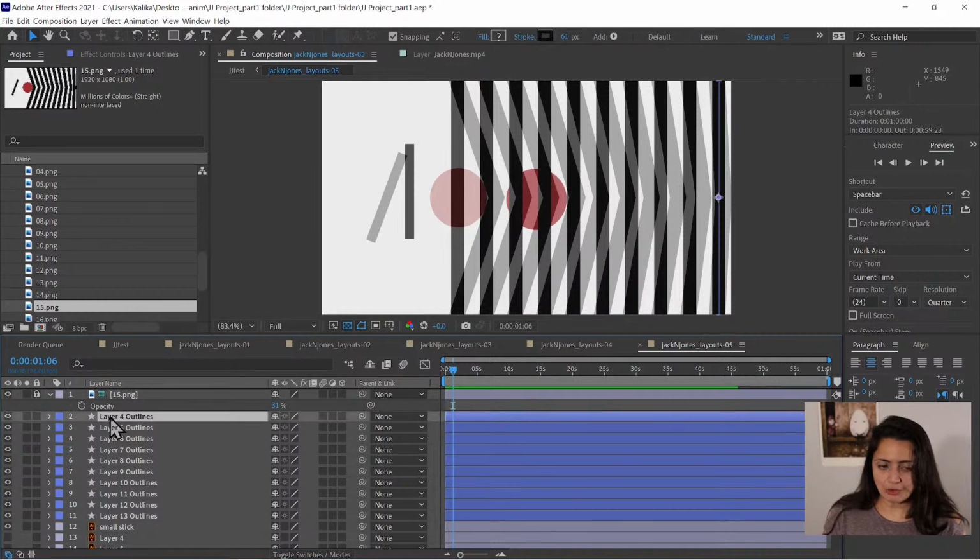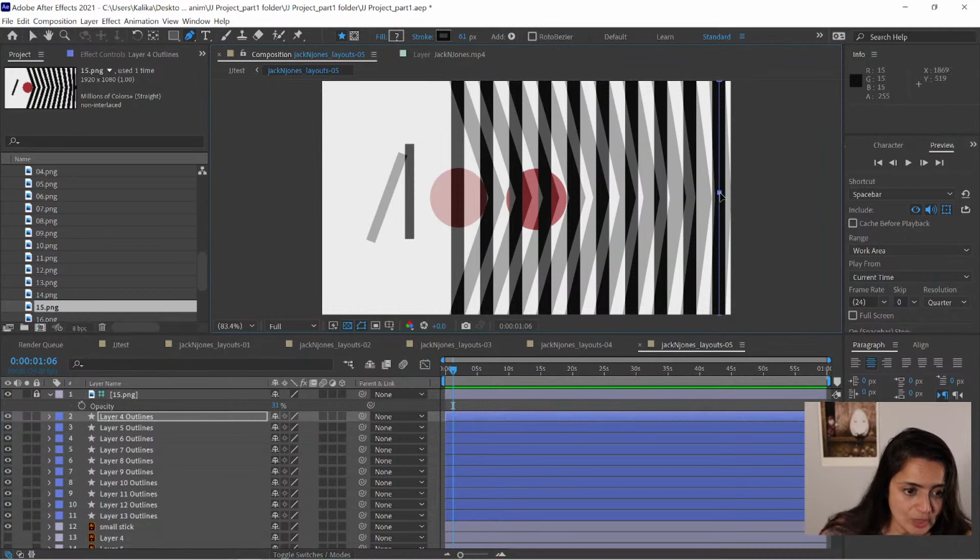Then I'm going to hit letter G on my keyboard to get the pen. And with the pen tool, you can actually select points. I know, that's super weird. In Illustrator, you can't actually select points with the pen tool because that would delete them. But here in After Effects, it's like